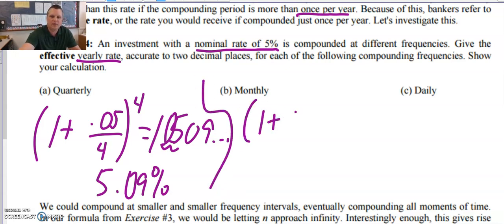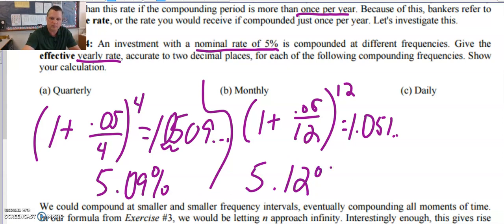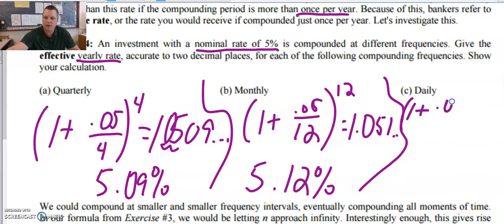1 plus the 0.05 over 12, raised to the 12th power, and it's only 1 year, so it's just 1. That equals 1.051, on and on. So that becomes 5.12%. Daily, 1 plus 0.05 over 365, to the 365th power, which gives you